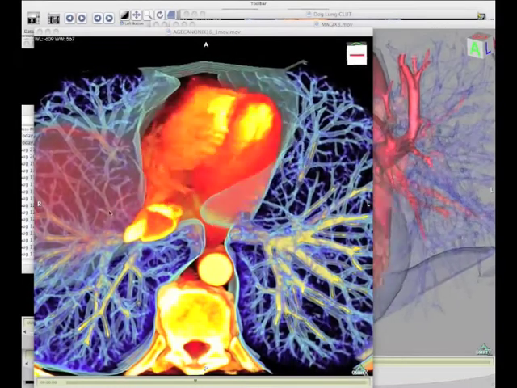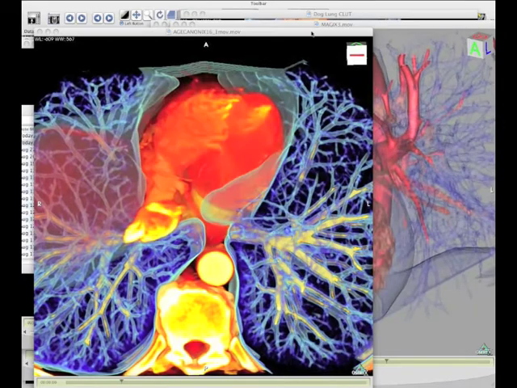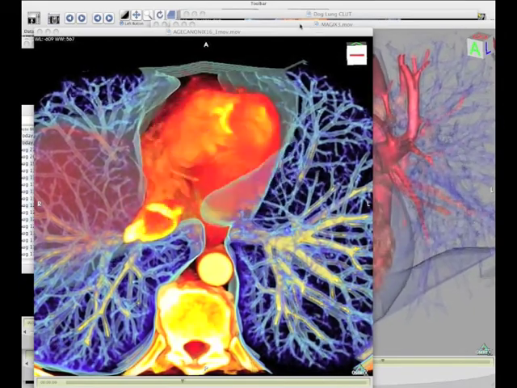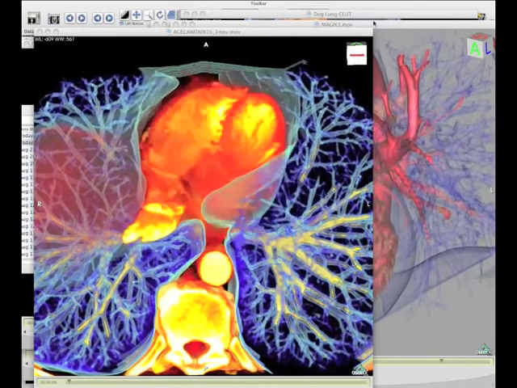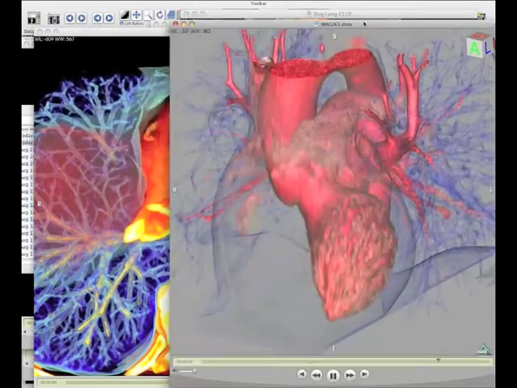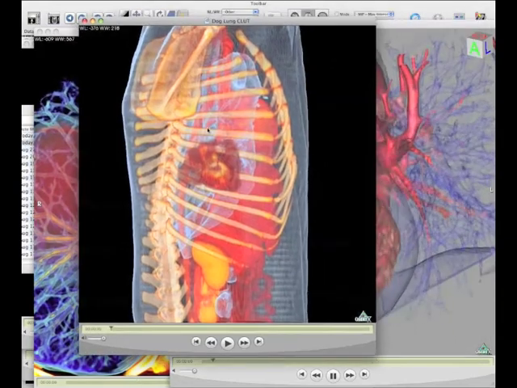I think it's good to begin any discussion on Osirix, not necessarily how to use it, but why we use it. We use it so we can see things like these images of the beating heart that we really can't see in any other way, or that we can interact with in a different way. So if we take, for instance, this dog lung,